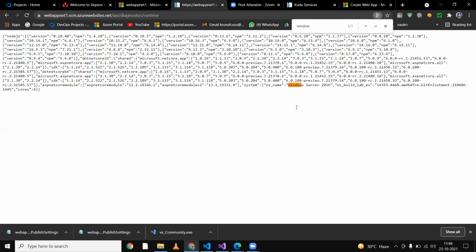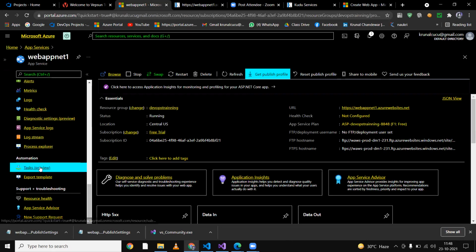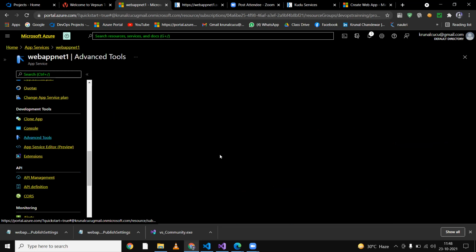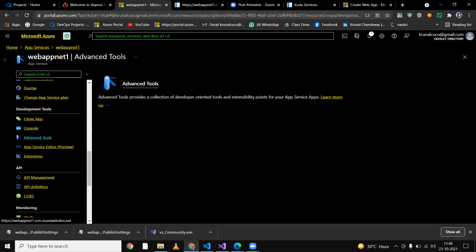This is a version, runtime version you got here, and developer tool option. Yeah, this is a developer tool option in advanced tool. In advanced tool, this page we mostly needed. So I'm copying this one and I'm again opening a new page.